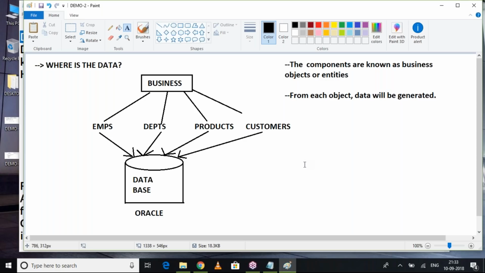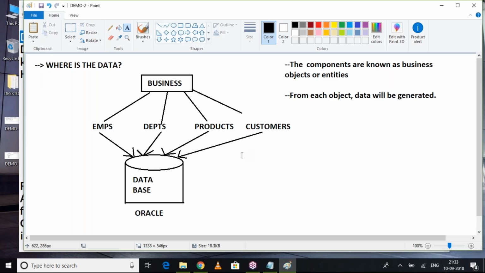Means already old customer, just he is making some changes in his old information. So first one, new information inserted into database. Second one, old information can be deleted from database. Third one, old information also to be managed in database. And parallelly,